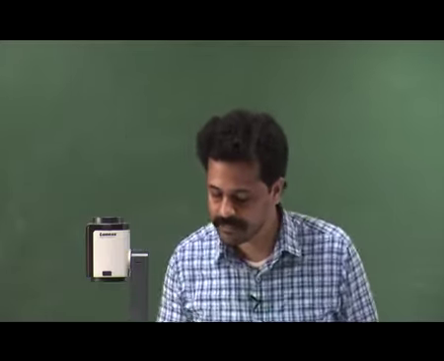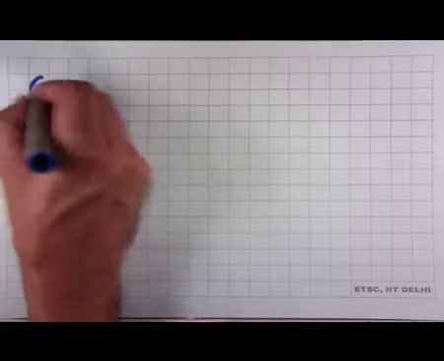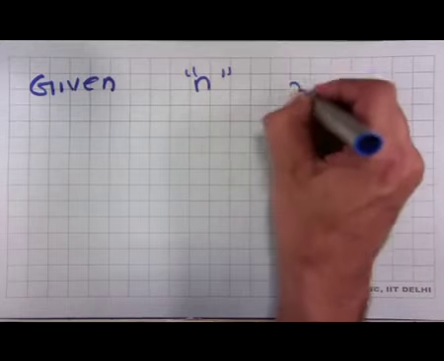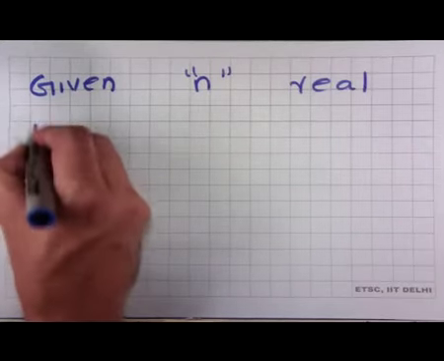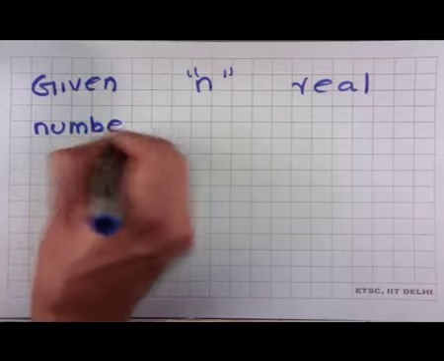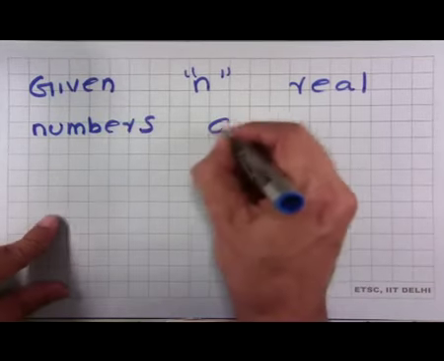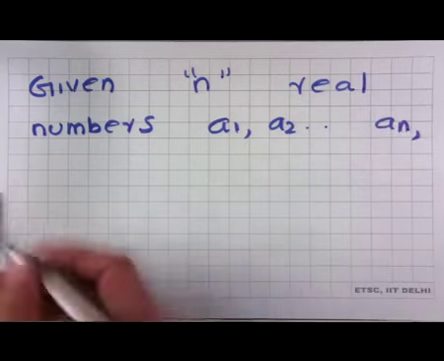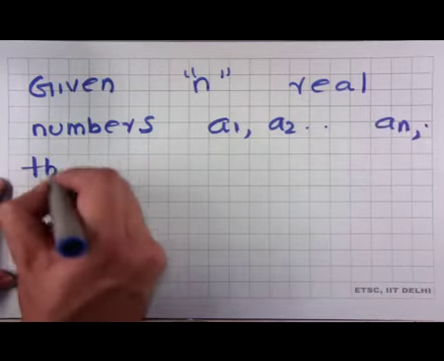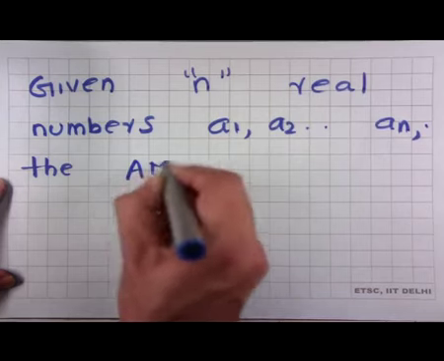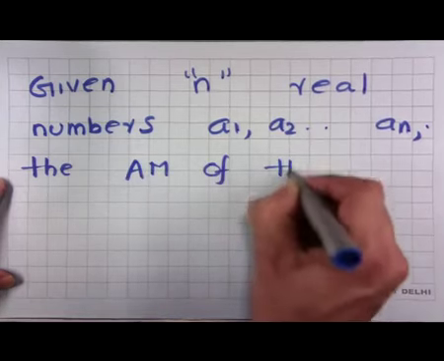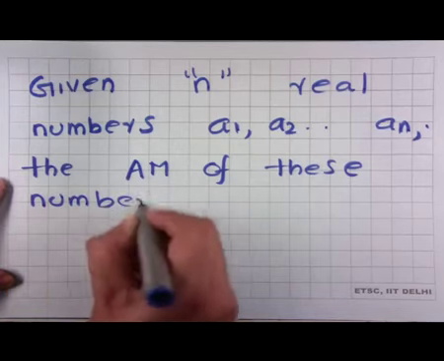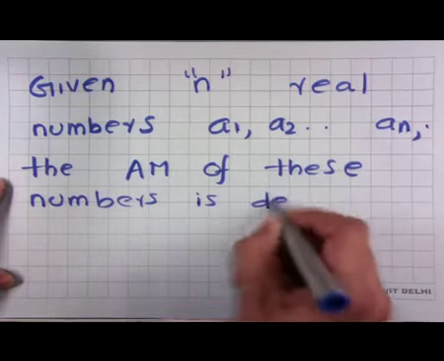To be precise, given n real numbers, a1, a2, etc. an, the arithmetic mean of these numbers is defined as